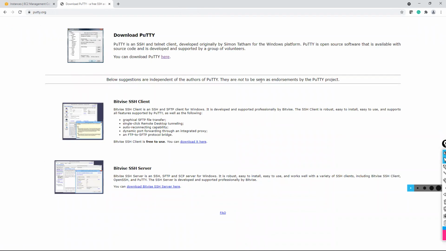In last class, I asked you guys to download this PuTTY. Have you guys done that? Yes. Okay. And installed it, right?